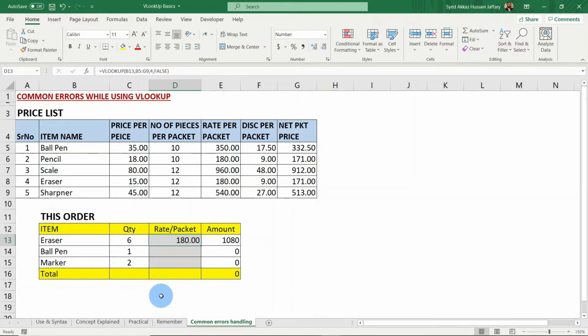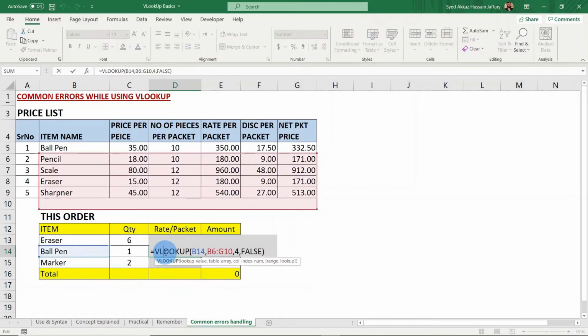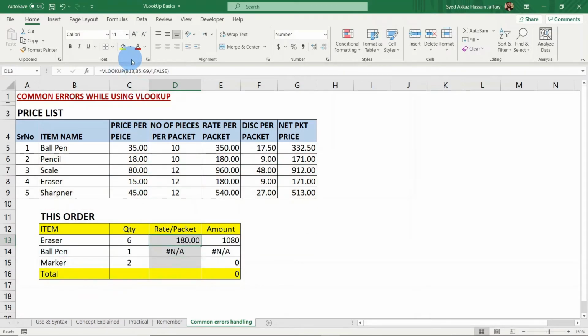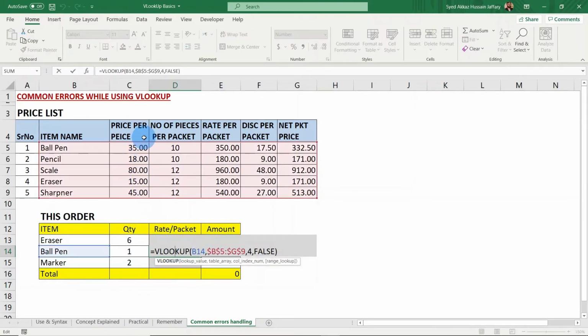Now copying the formula into the next row. It is showing an error. Check the formula. The table array is covering the wrong area. The whole block has changed to one row down. We will fix it by using absolute cell references, so the cell references cannot change while copying. Writing the $ sign in cell addresses. Now copying. No error showing, and the formula is returning the correct value. The table array is covering the right area.